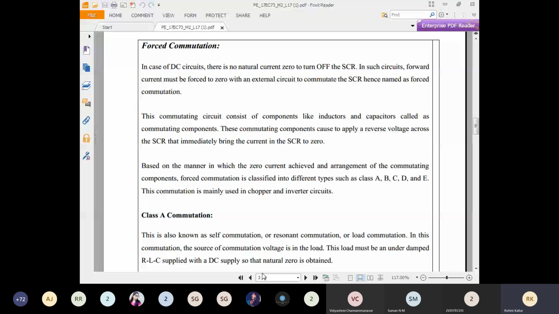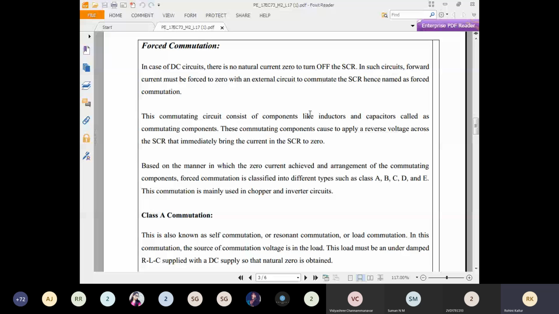So next what we have is forced commutation. Forced commutation is nothing but, here the supply voltage is by default a DC. We are applying a direct current to the device, and by default the DC supply voltage will be applied to the circuitry. In case of this DC circuit, you will not have any zero crossing. So no zero crossing, no turning off of the SCR during the zero crossing.